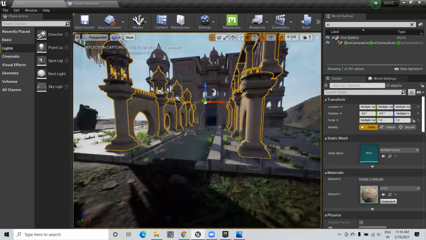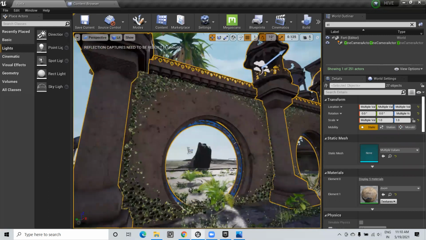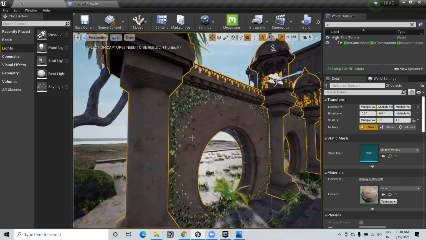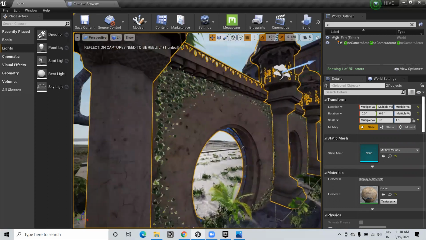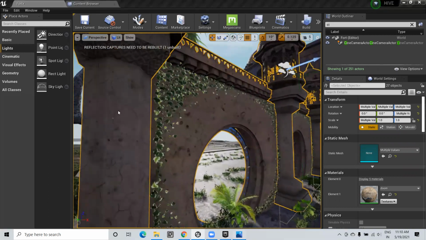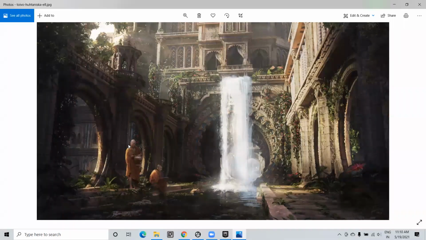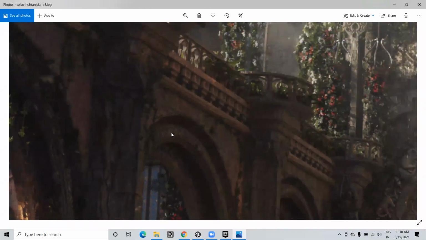Like I added some, but it's not properly matching. So we need more. We have cracks and all. Show me the reference once. Reference, yes. So here I can see the circular shape is a little different, right?